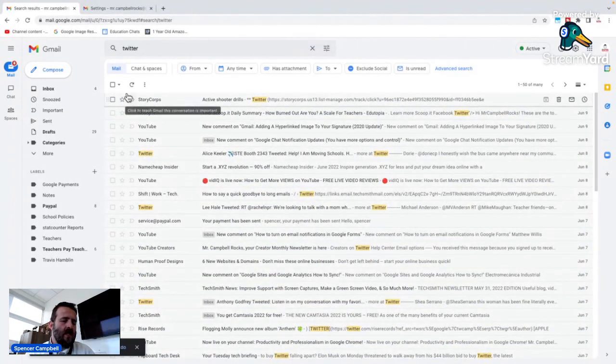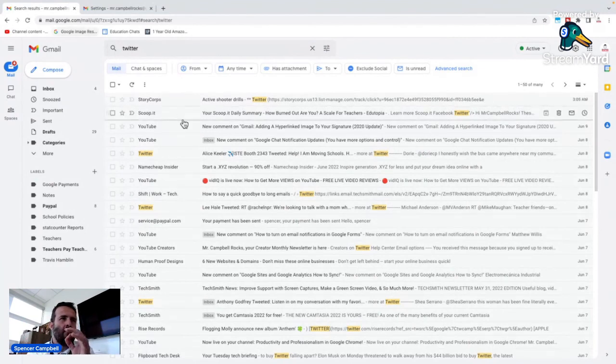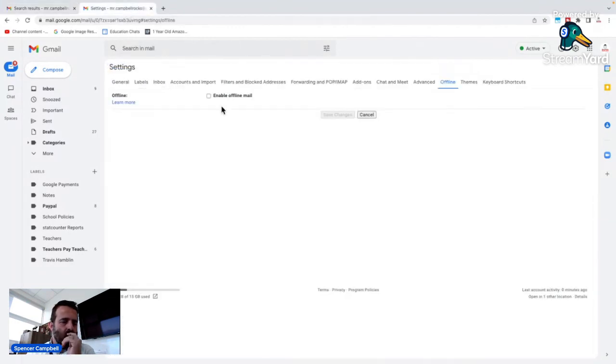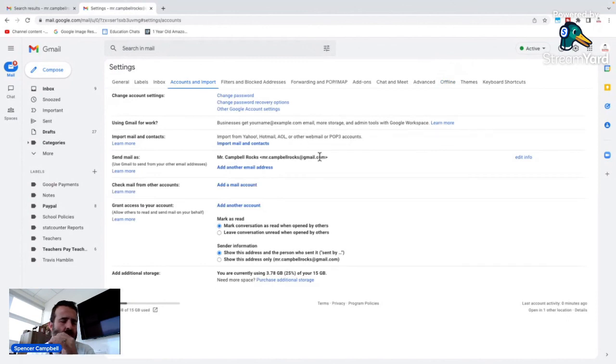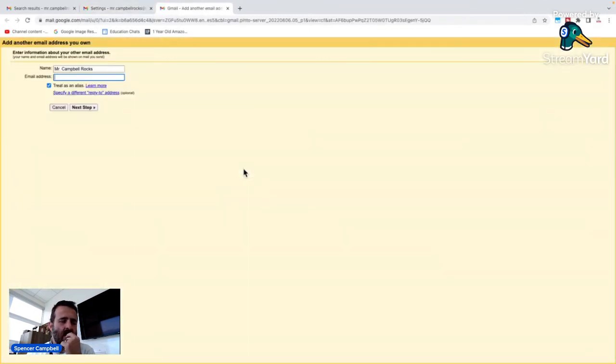So sending emails from different email addresses, it's something that you can actually do: add another email address to your current email address. This is helpful at times because maybe you're in a situation where you want to send an email coming through this, and group those together. So again, we're going to go back to our settings, and we're going to do accounts and import, and then send email as. We're going to click add another email address. This is where you would then add a new email address, which I'm not going to add now